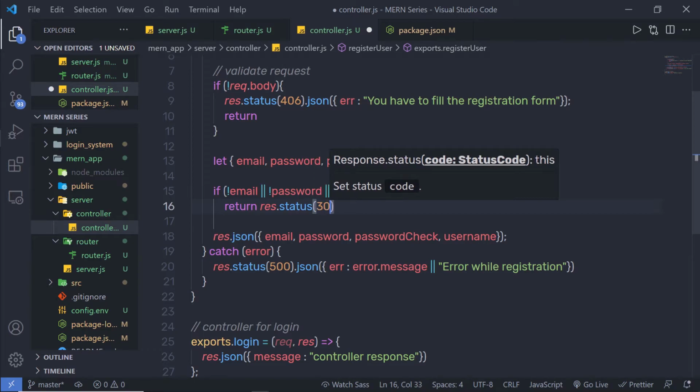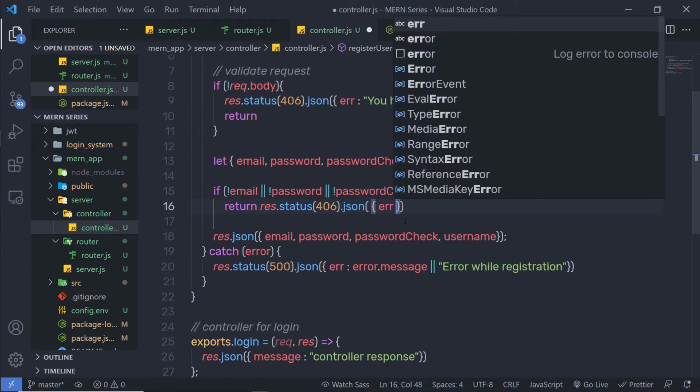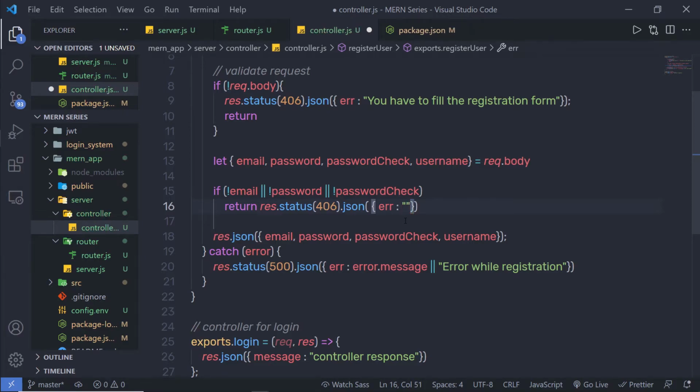status code 406. Now 406 is a not applicable error. Then I'm going to specify here dot JSON. I'm going to return the type of data which is going to be JSON. So inside it, I'm going to specify here error, the key, and then I'm going to specify not all fields have been entered, just like this. So if you don't have any value inside your email, password, or inside your password check, you will get this